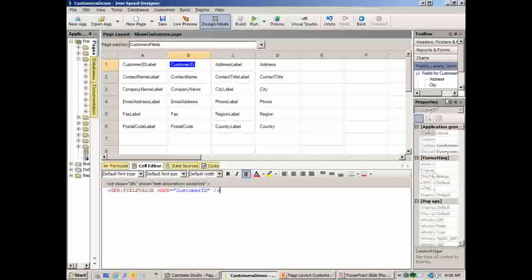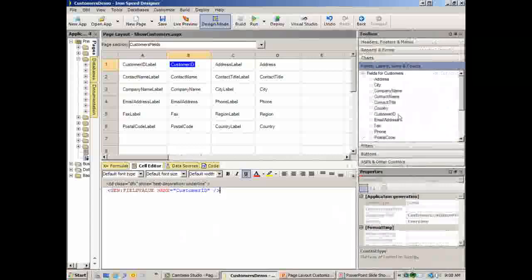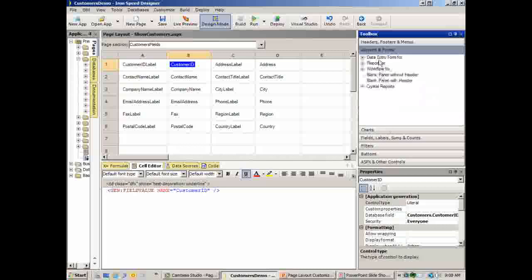And let's talk a little bit more about the toolbar, and let's go over that for a little bit. First off, the headers, footers, and menus. As you can see, you can select from the headers, the footers, and menus, as well as existing menu. You can come here and you can basically create a report on the page via a panel, and essentially you can create a report,